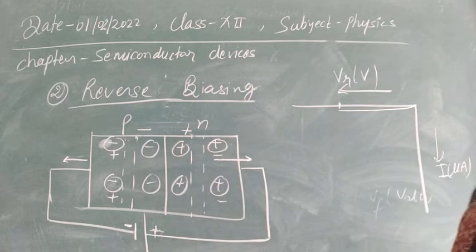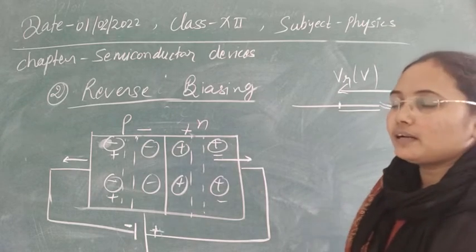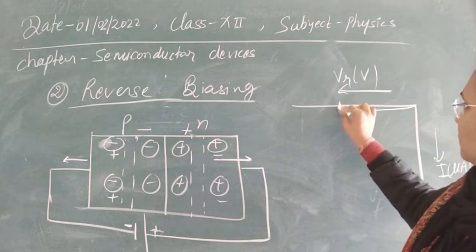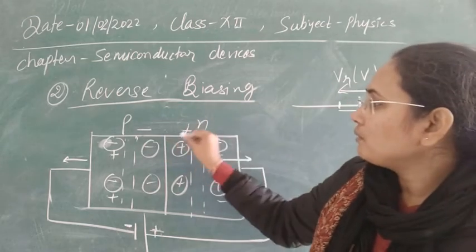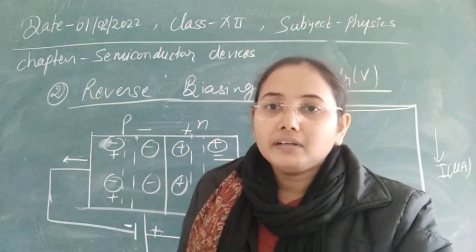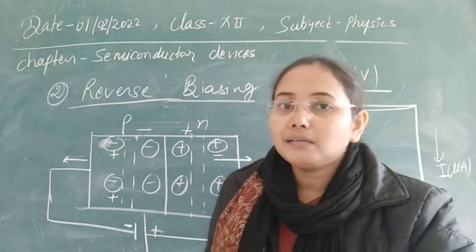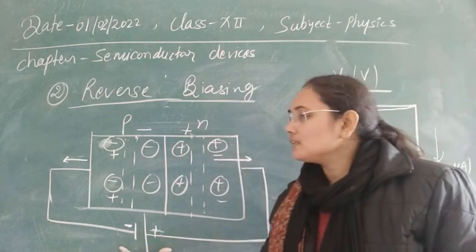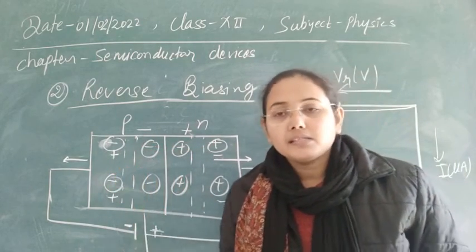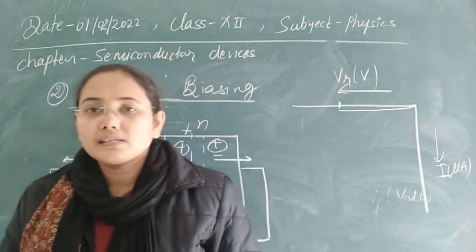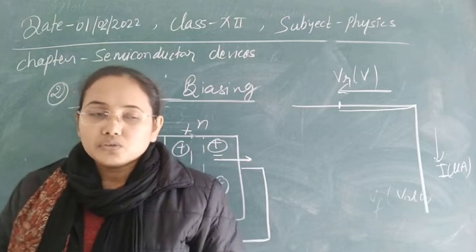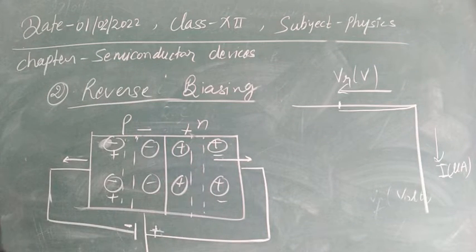When all the minority charge carriers are recombined and have given this current, then due to the continuous increase in potential, the barrier potential will start to increase. Now every barrier has its limiting potential. So whenever that limiting potential is exceeded by continuously increasing this reverse potential, the barrier will suddenly start to break. That sudden break in the barrier is now known as breakdown, and we also call it avalanche breakdown. So what exactly is the avalanche breakdown condition?